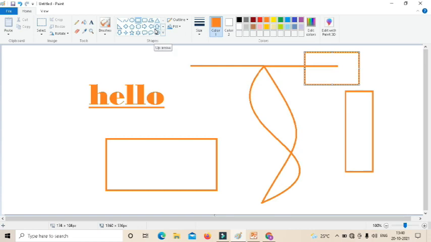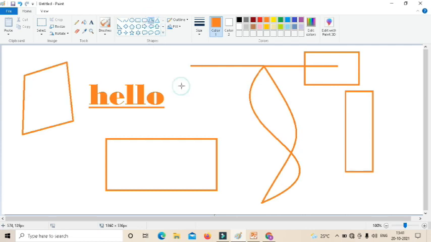So this polygon tool helps us to draw polygons. Once we draw one single line, after that we just need to click on the screen to draw more lines. That is the specialty of polygon.